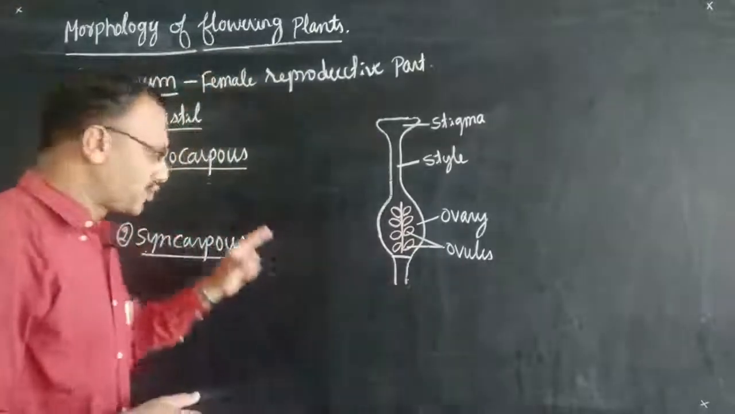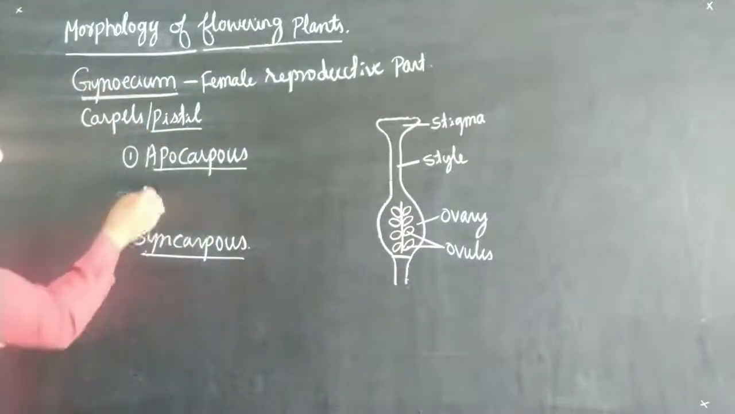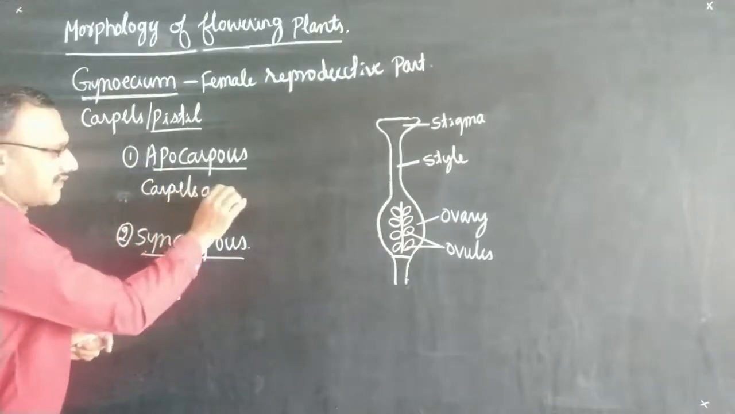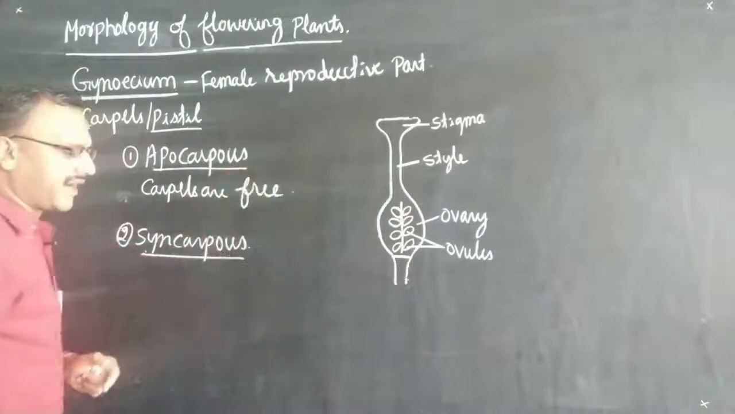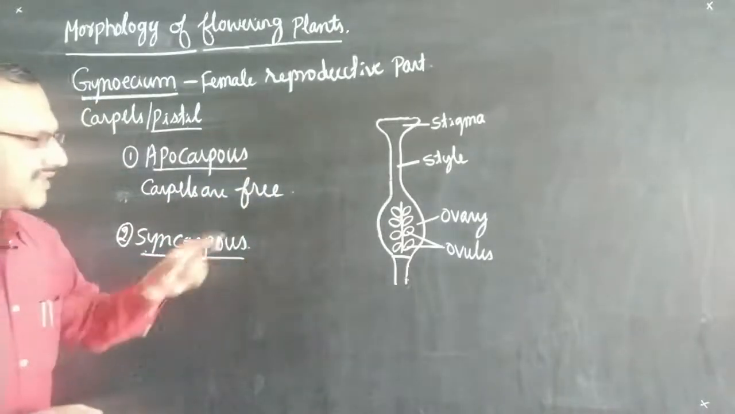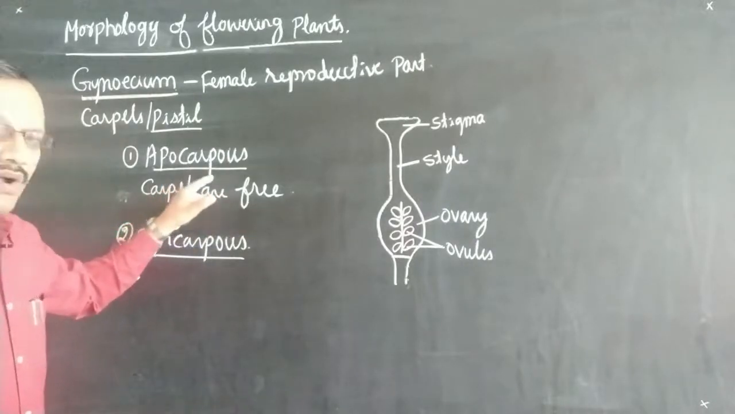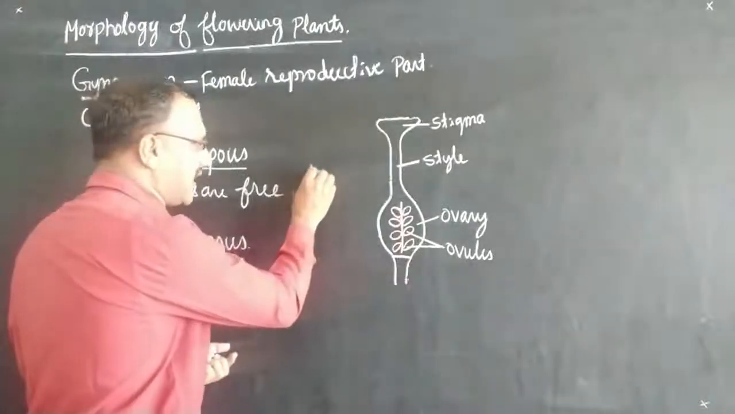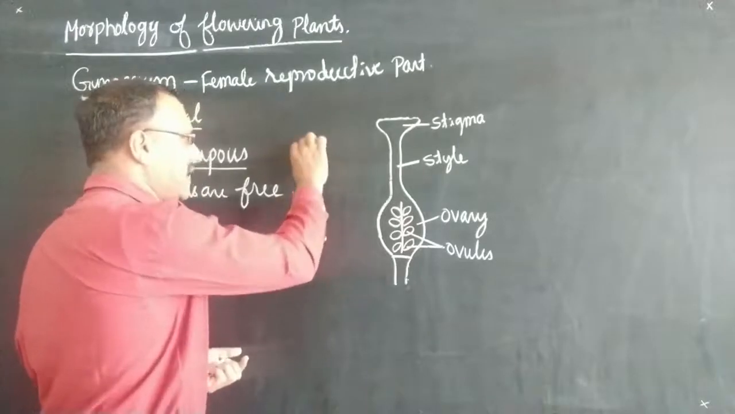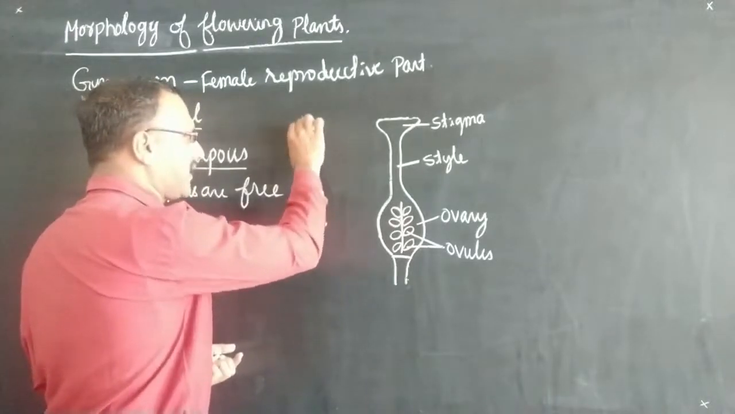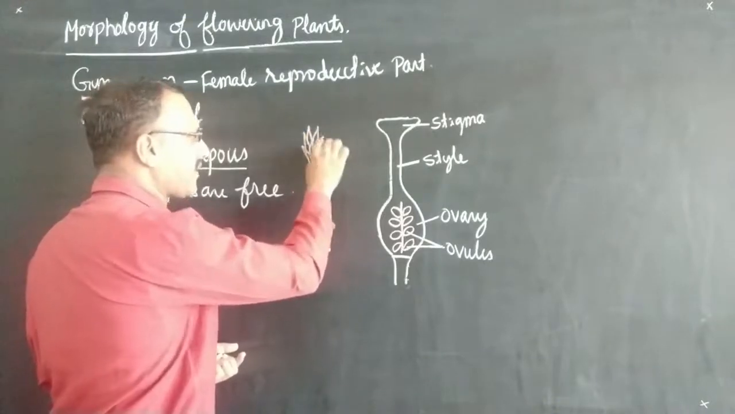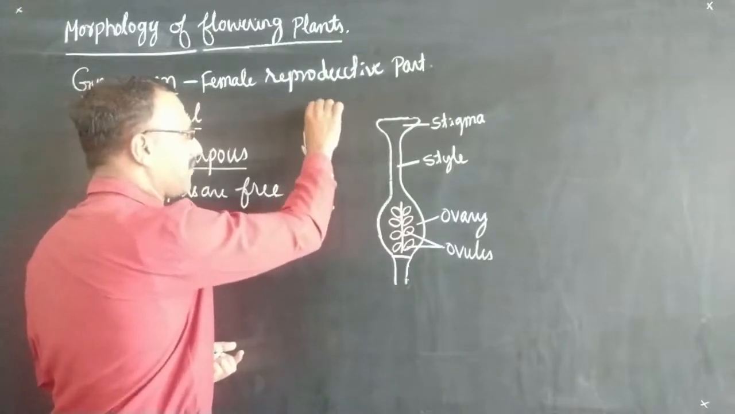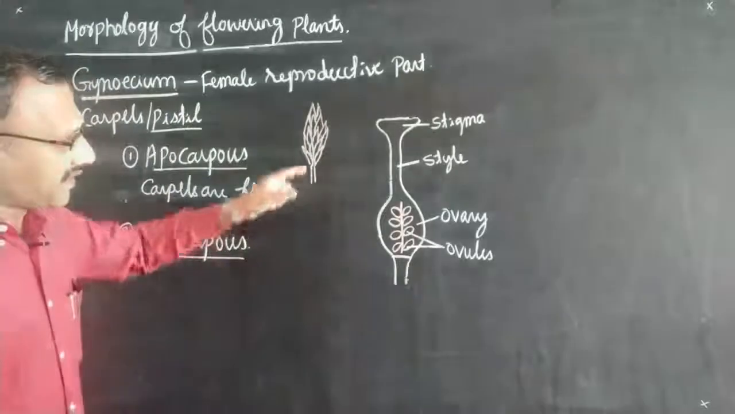If the carpels are 2 or more, and if the carpels are free from one another, that has been not attached, then that condition is called apocarpous condition. The best example you can see in case of Michelia, that is Michelia champaka. Many carpels are found and each of the carpel is free from one another. That has been forming a fruit with multiple number of carpels like this, where carpels are not attached to one